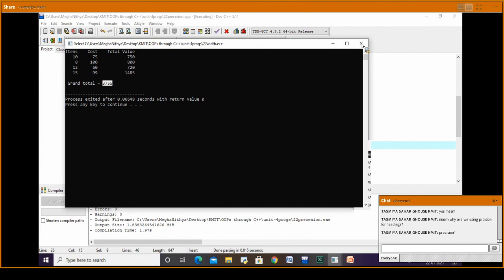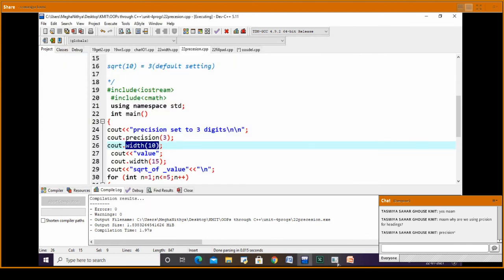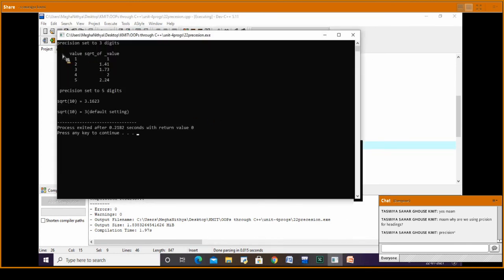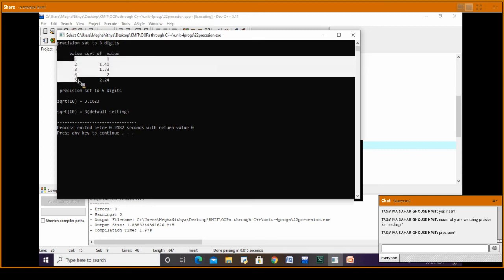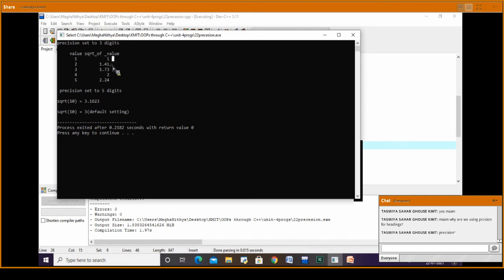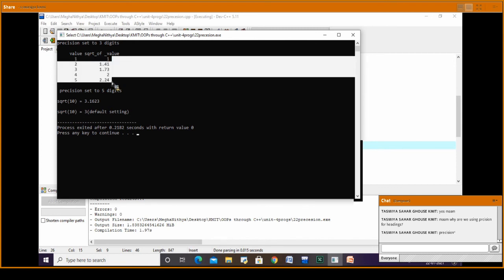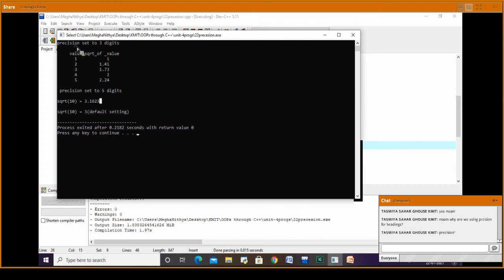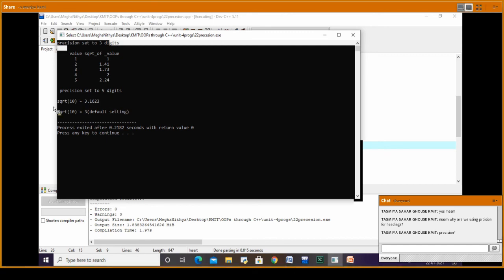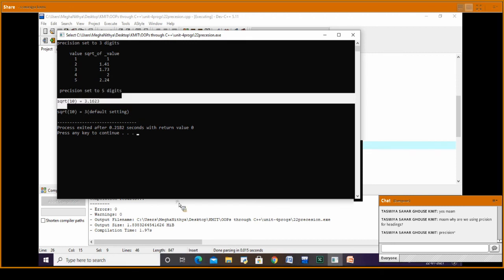Next we are specifying 15, in which we have SQRT. So we have 1, 2, 5 as values, and these are the precisions. When I set precision to 3 digits, after the decimal point we get 3. For this square root, precision set to 5 digits, so after the decimal point we have 5.